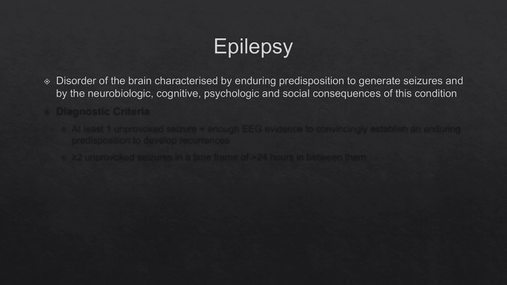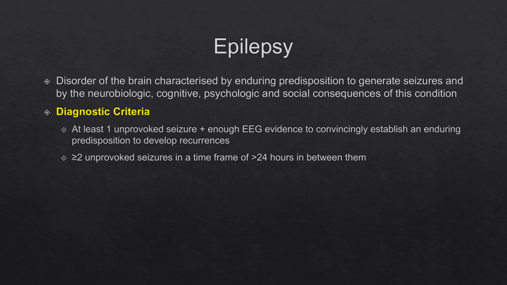For example, a child is having recurrent seizure episodes since childhood. Now he is 12 or 13 years old, or now he is 18 years old. Because of his repeated unprovoked seizures, he is not able to perform his daily activities, and he is not able to play his role in the society. For example, he cannot become a driver of a vehicle, he cannot go swimming, he cannot go driving by himself. So that is a social consequence of the seizure. So this also comes under the umbrella term of epilepsy.